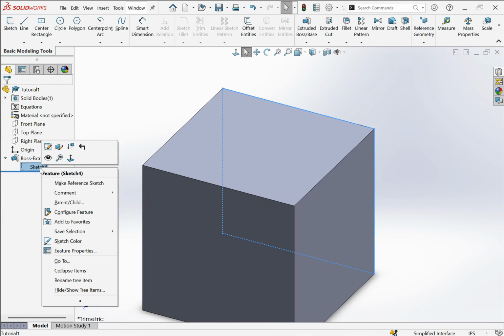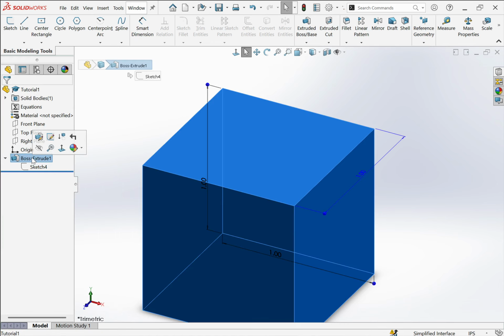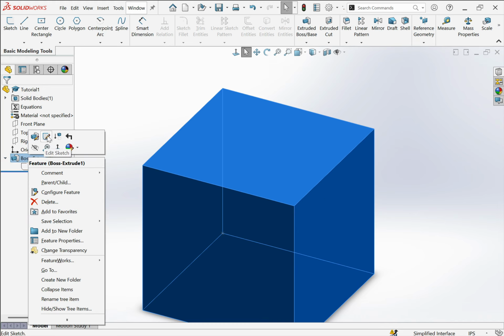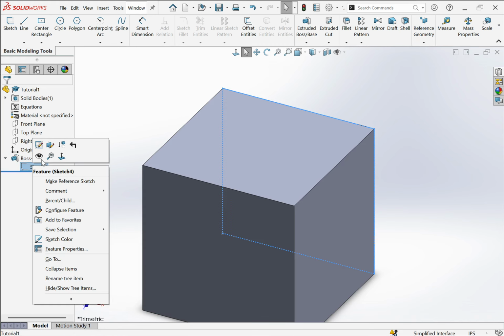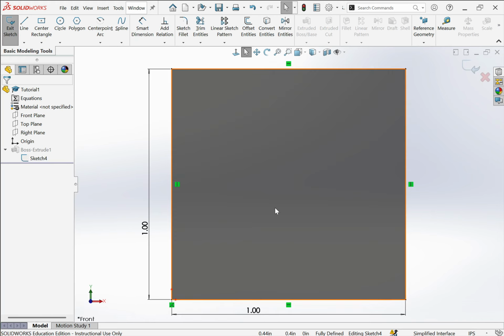If I wanted to edit the sketch, I can either select on the container, this little folder, which sometimes, if you don't know, you can open it. I can actually click in there and edit sketch, or I can right click on the sketch, and in the upper left hand corner, that menu that pops up by right clicking, I can edit sketch and go and edit my sketch. Okay, that's all for this